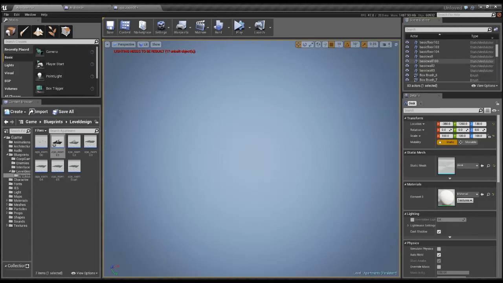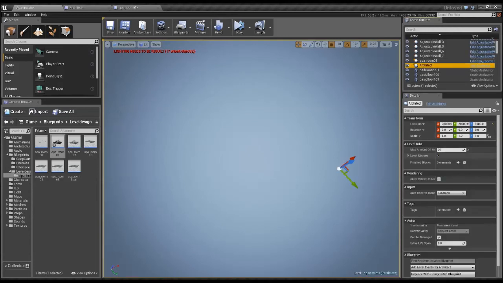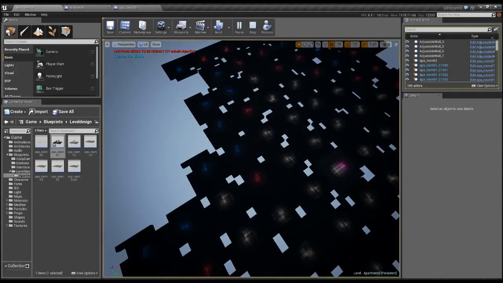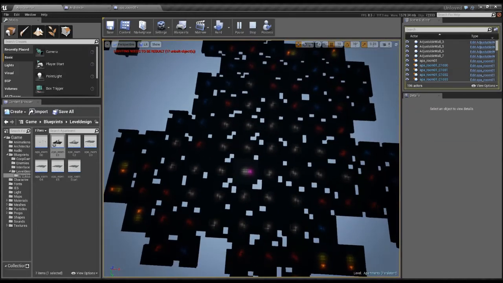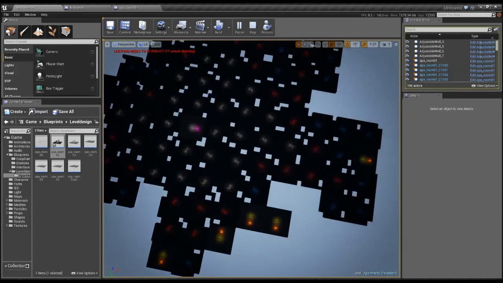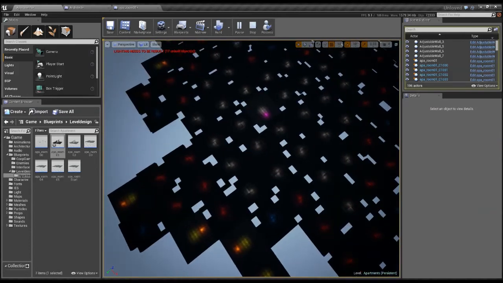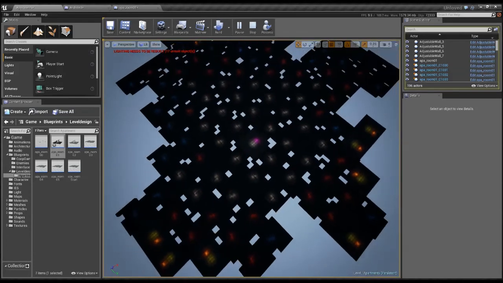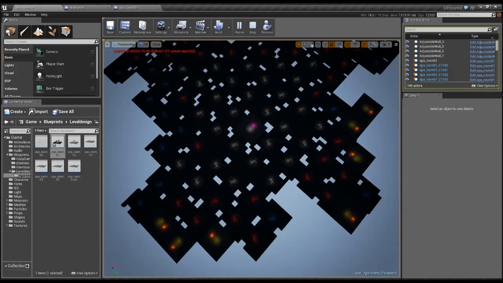And also I want to show you something else. The architect is completely dynamic. So if I change the room number to 100, for example, this would be a massive level. It just takes a while to load. Look at this, this is a massive level. It would take at least an hour to play this, but nobody would ever want to play this. So I'm pretty sure I will not include this in the actual game, but just for testing purposes,